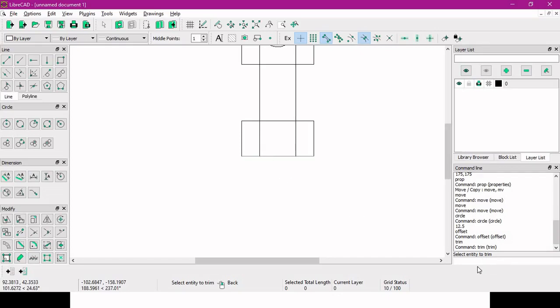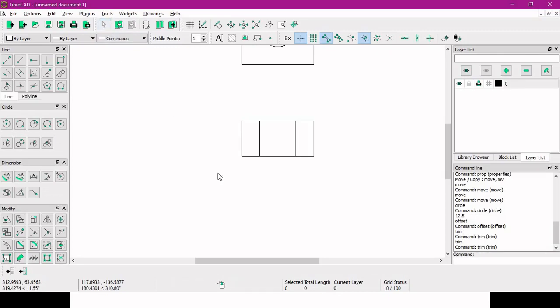Again, you want to trim these lines, so you click, give a right click, then it will ask for the limiting entity, so select this one. Then it will ask for the entities to trim, and you select these lines. Sorry, we will go back. We'll put the trim command again. Select the limiting entity. Then it wants the trim entity, so we will click here.